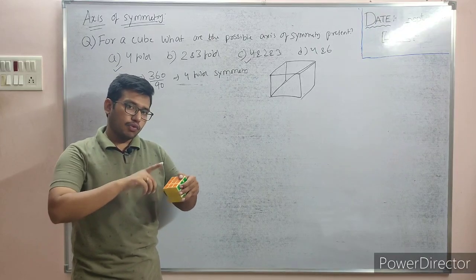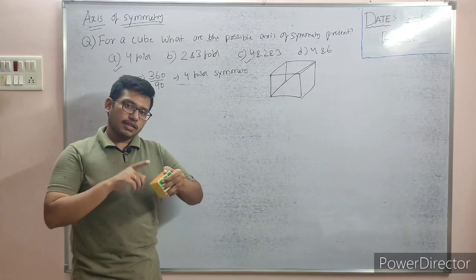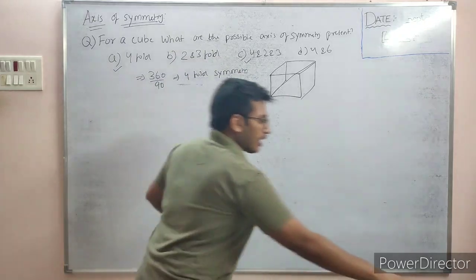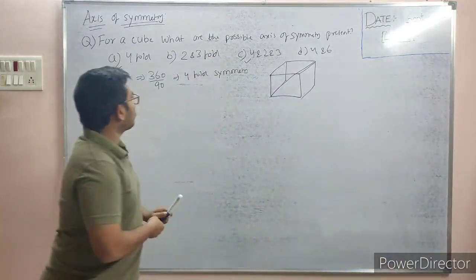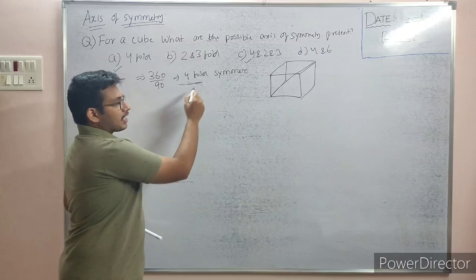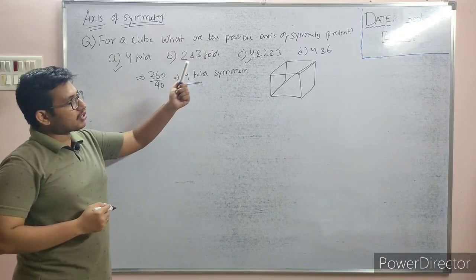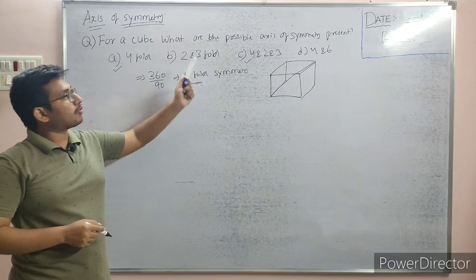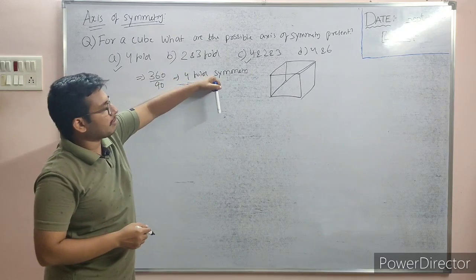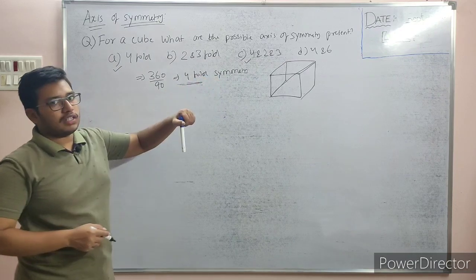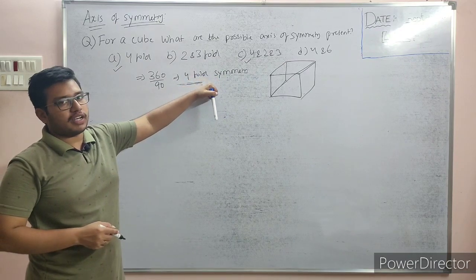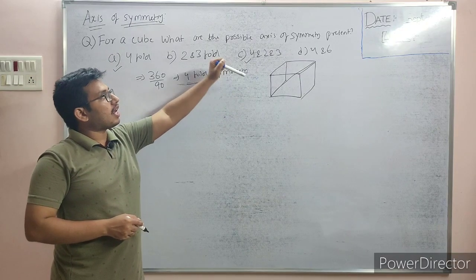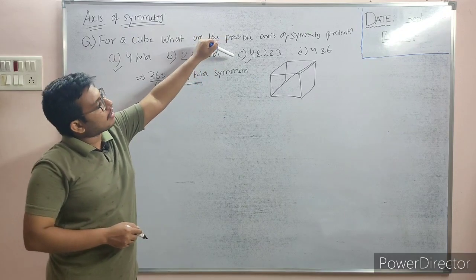So the cube contains 4-fold symmetry, 2-fold symmetry, 3-fold symmetry also. So the correct answer will be C. But when we are writing the 4-fold symmetry mainly, it is actually the highest possible axis of symmetry possible for a cube, because 6-fold symmetry is not possible for a cube. The highest possible axis of symmetry possible for a cube is 4-fold. That's why when we are writing about axis of symmetry, we have to write the highest possible axis of symmetry, which is 4-fold. When they are asking the possible axis of symmetry, we have to take the answer 4, 2 and 3.